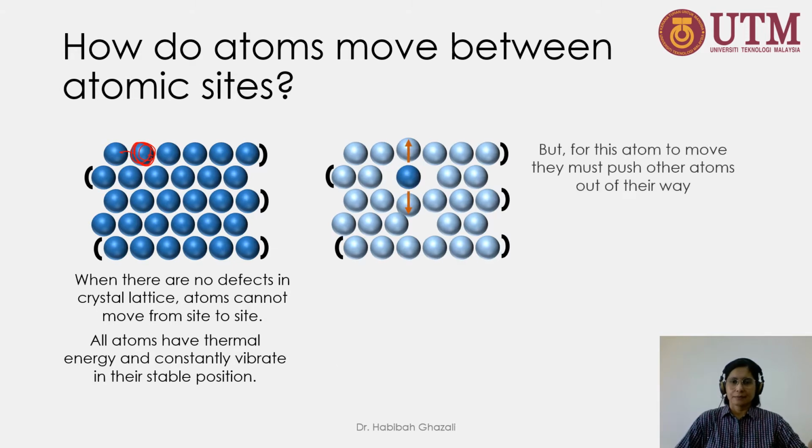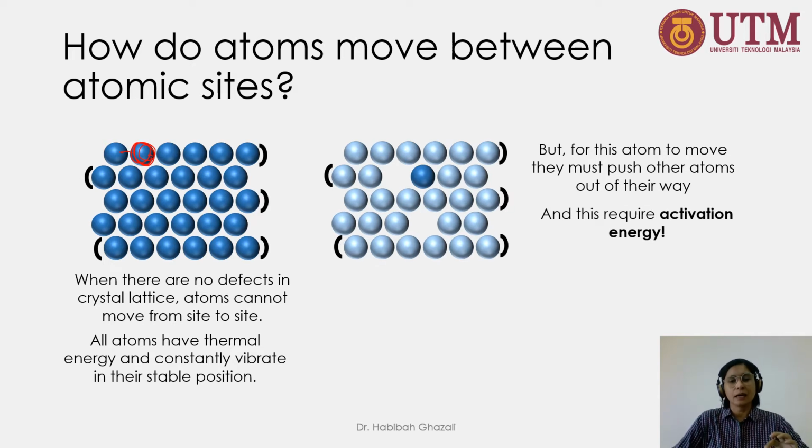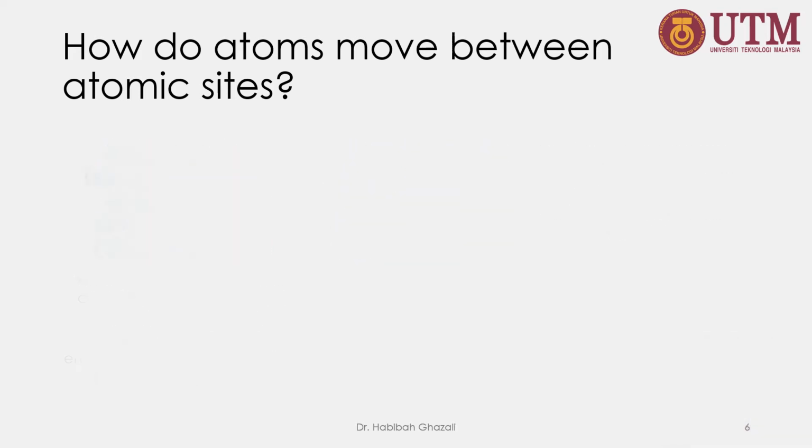But for them to move from one side to the other, these atoms need to push the other atoms out of their way. So in their stable position, they cannot do this. They need an extra energy, which we call activation energy, for them to push the other atoms out of their way. To illustrate the idea of energy barrier, I will use an impurity atom that we call an